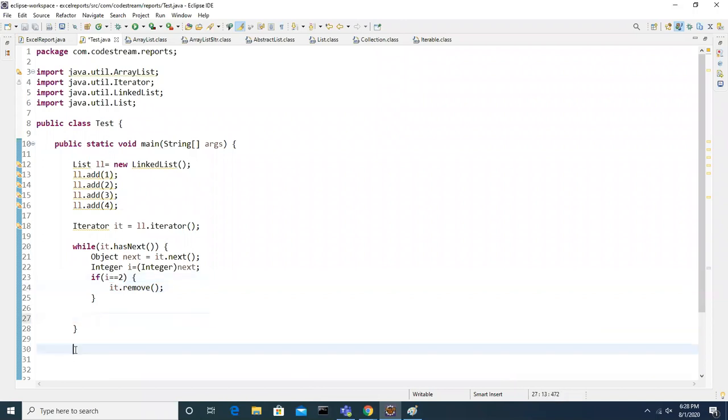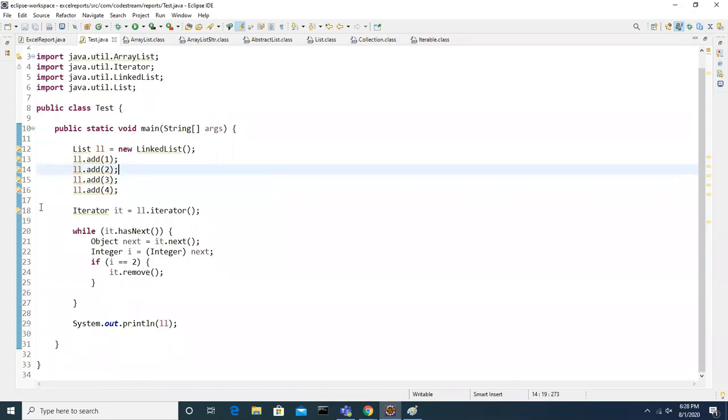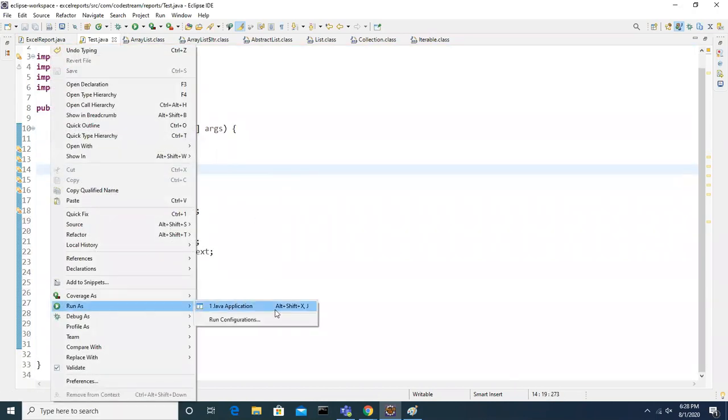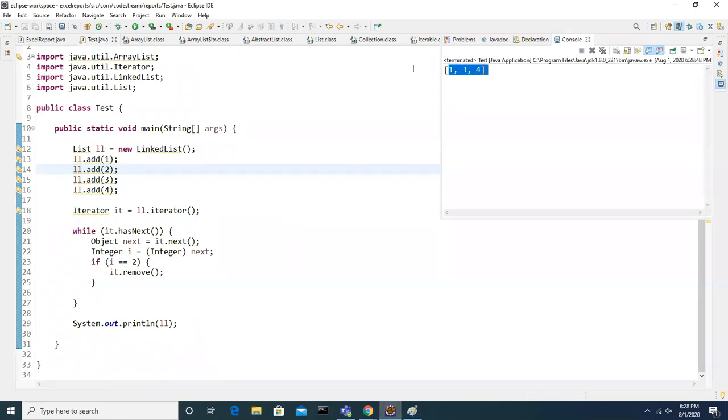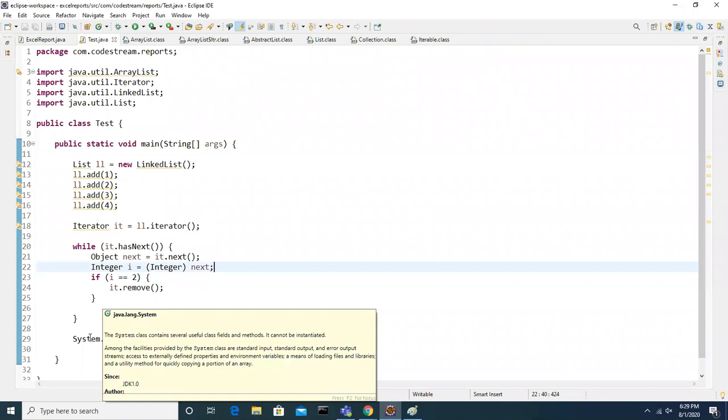And I'm just displaying all the elements using this LL, iterating this one. Running this object, you can see that without exception it is working and it has removed it already, and we got the latest elements after removing, the updated linked list object elements. So this is how we can do operations in real time.